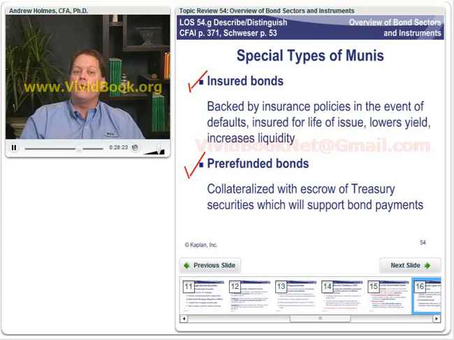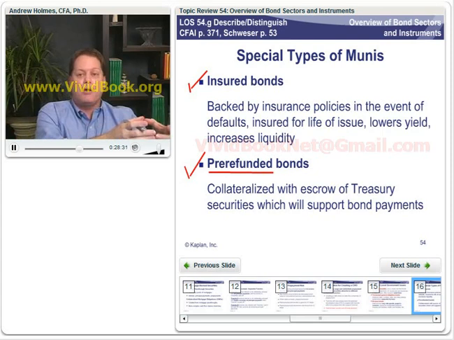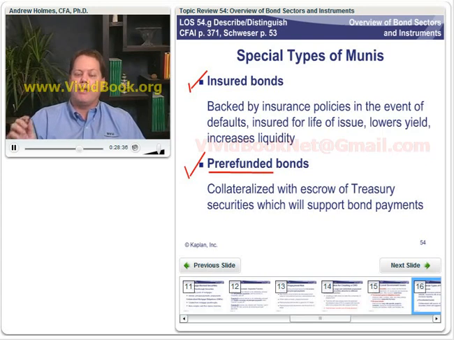Well, what you can do is you can refund those bonds. Pre-refunding means that you are going to take some United States Treasury securities, you're going to put those in escrow in sufficient amount to make all of the remaining payments on those previously issued bonds. Well, that is a pre-refunded bond. The reason you would do that is to get them off your balance sheet for credit analysis purposes. So you didn't actually pay off the bond early, but since you put in Treasury securities, which remember are considered riskless, into an escrow account that's sufficient to cover all of the remaining payments, well then it is like paying those off early, a pre-refunded bond.